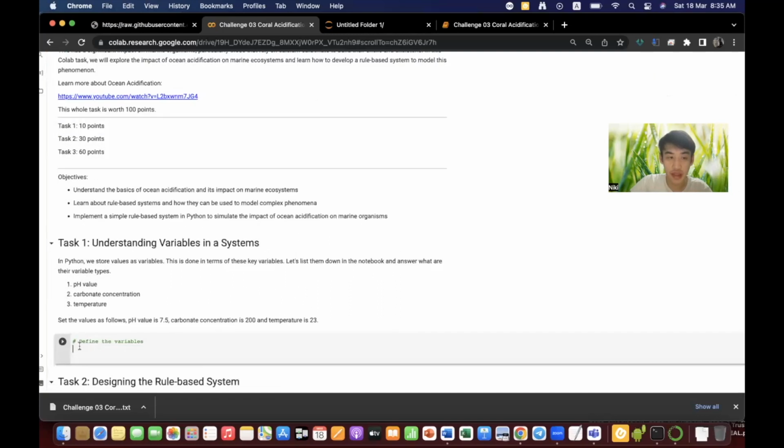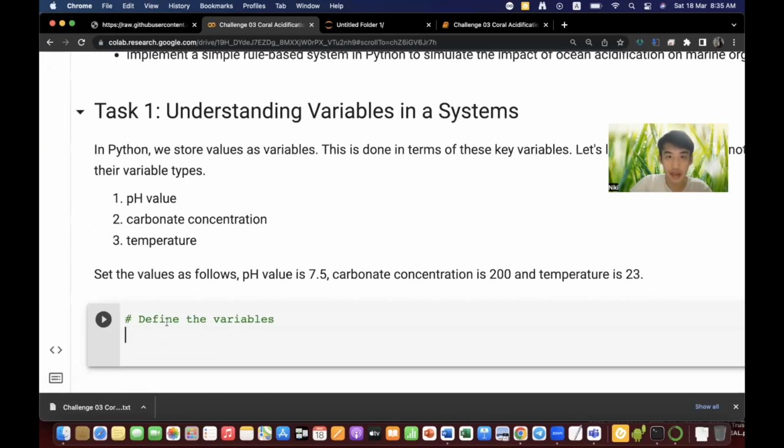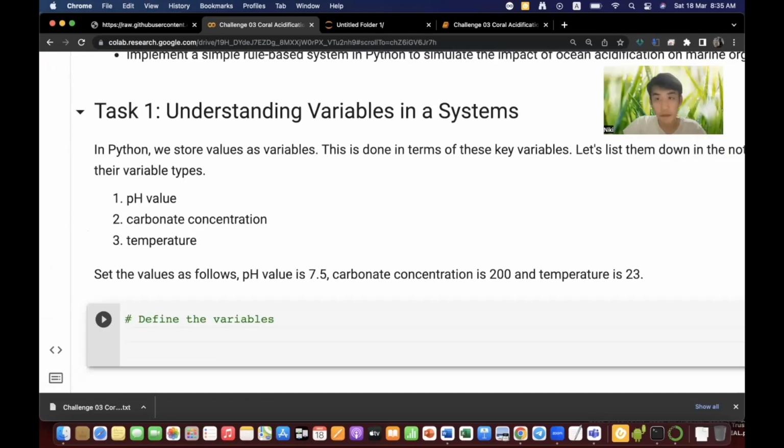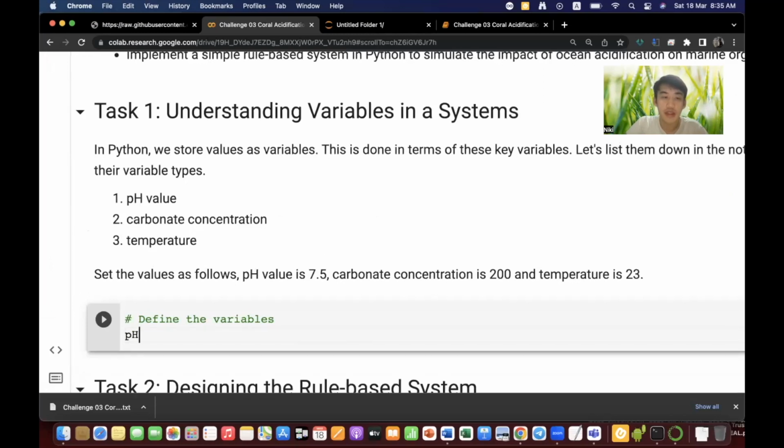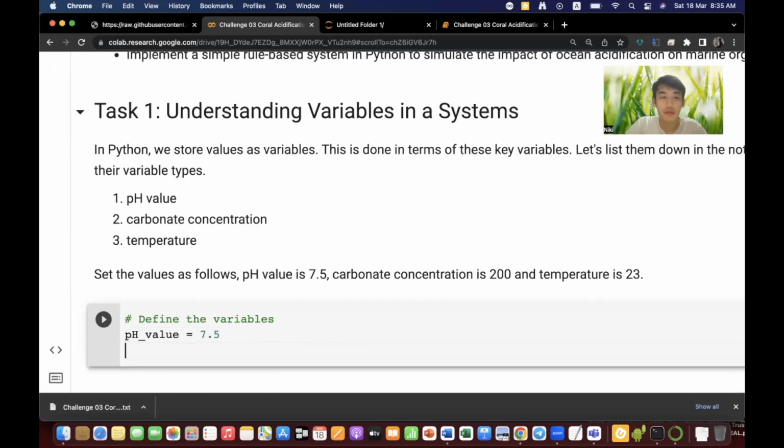Just click anywhere within the cell. I'll zoom in a bit. Right, Task 1, understanding variables in the system. We'll get to the Python programming and understanding the syntax in another video. But now what we do is pH_value equals 7.5. And you can press print(pH_value). So what will happen is